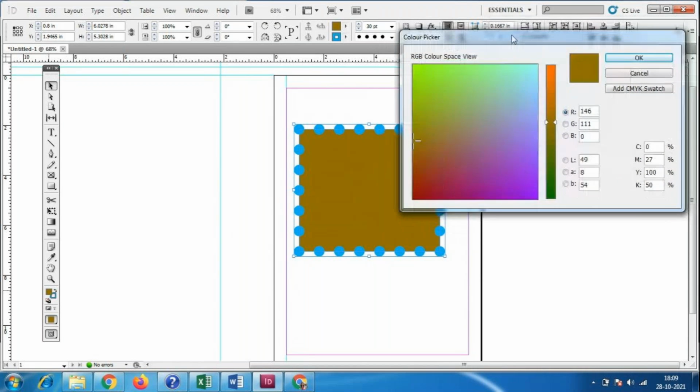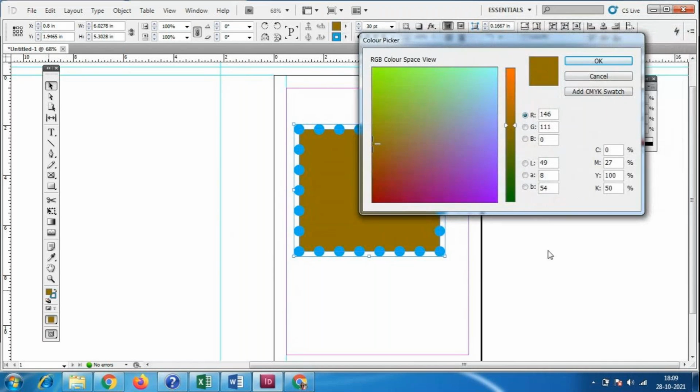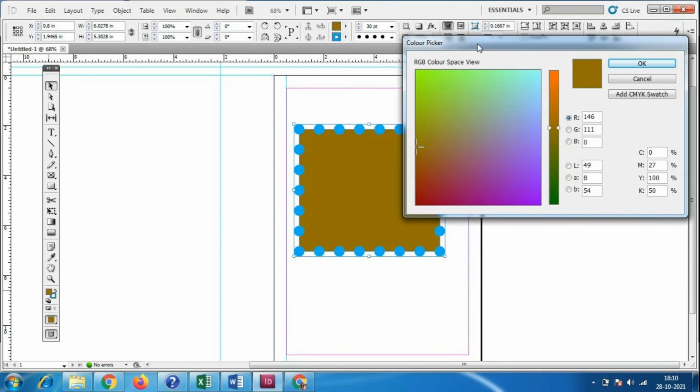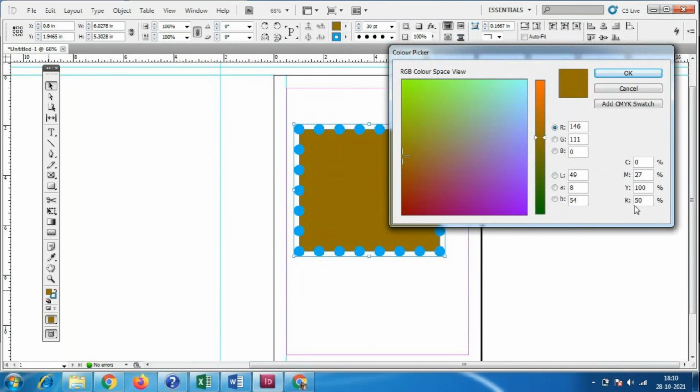we always use CMYK colors. For print media we always use CMYK colors. For designing in Photoshop we need very colorful output for photography and all, so we use RGB colors. Here we use CMYK color, so the output is always taken with CMYK color. CMYK color will always come a little dull, not a bright color. Anyway, for magazines and newspapers we need only slightly dull colors.